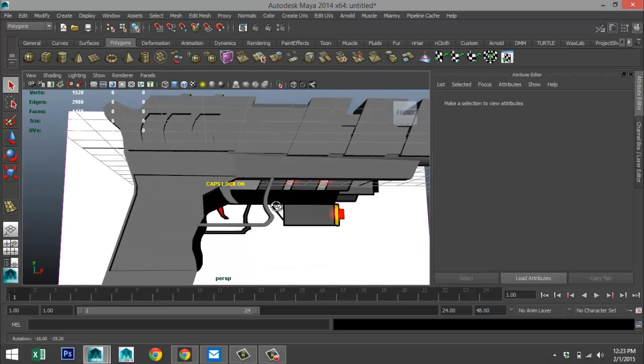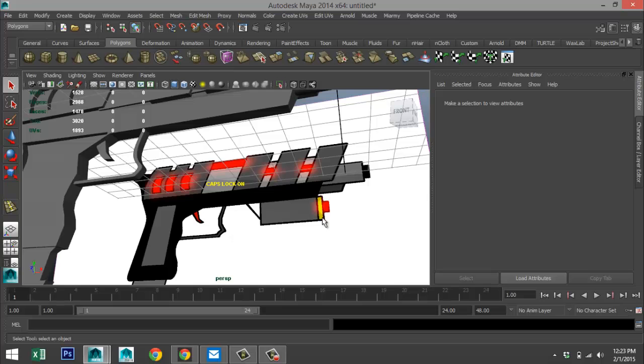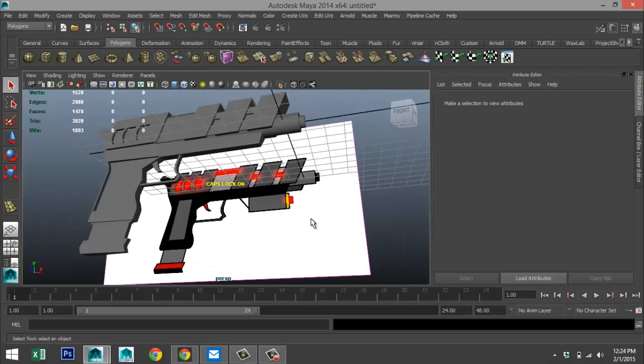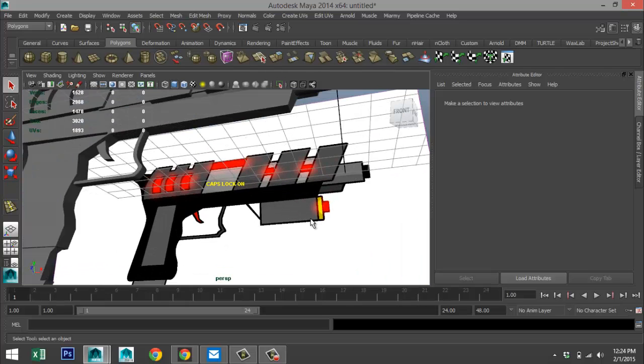Now personally I don't get this thing down here. That's probably the laser guide or something like that. I'm not too fond of that one, so I'm just going to skip that.